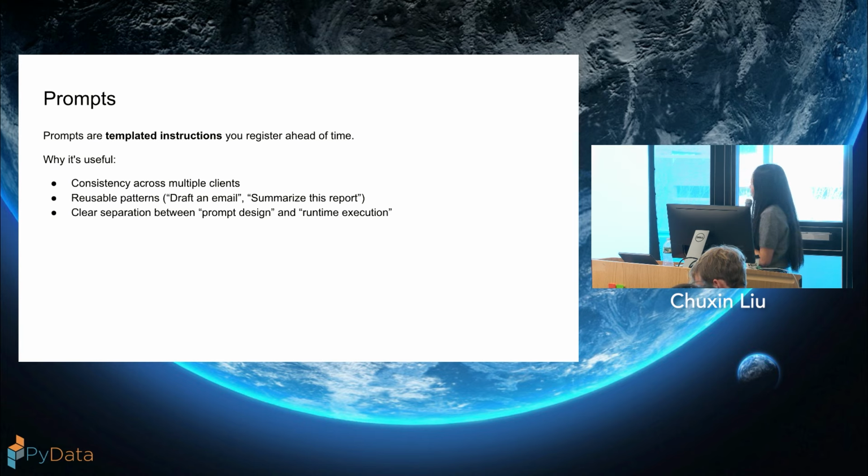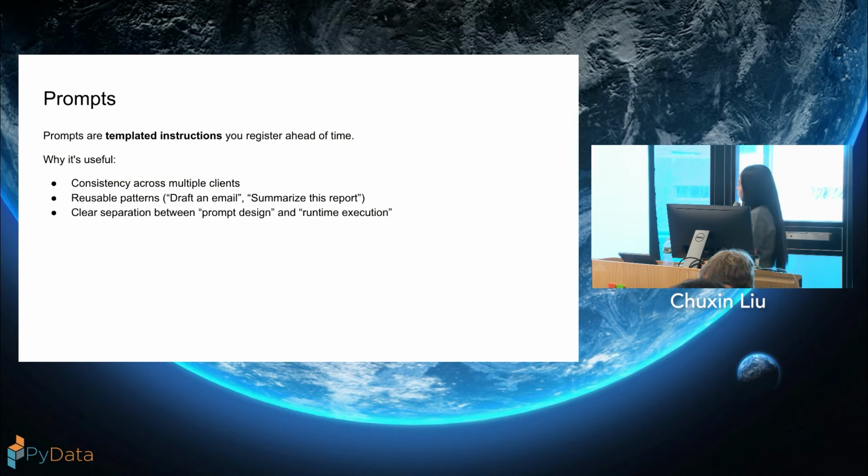Then there are other things that you can put into your server that I think are really useful. First will be a prompt. Think of it as templates, or instructions to your LLM. For example, in this tutorial, we're going to show you a prompt that is an email persona. Basically, it tells your agent how it should write emails for you.